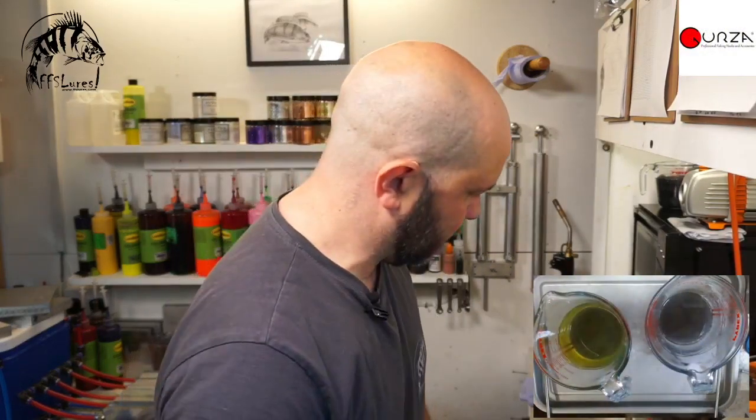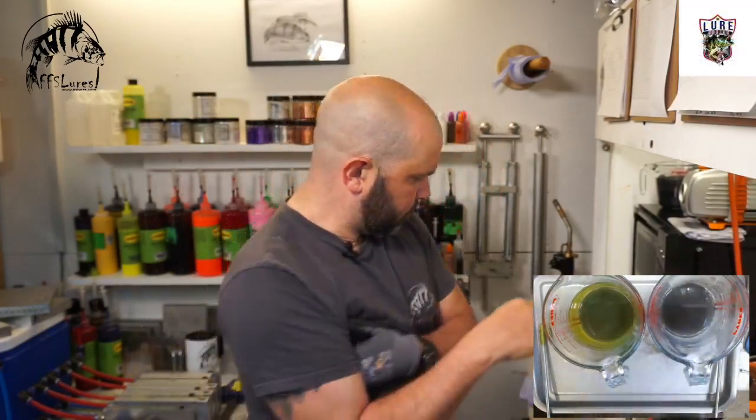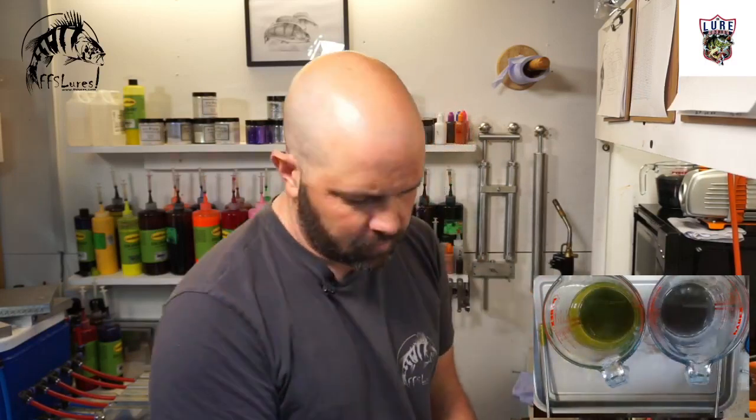Now, I've got to wait for that to cool down because the red is quite heat sensitive, so I've got to get this up to temperature first, let it cool down, and then add the red glitter. While I'm doing that, I'm going to add my secrets into the mould, nearly. And while I'm doing that,